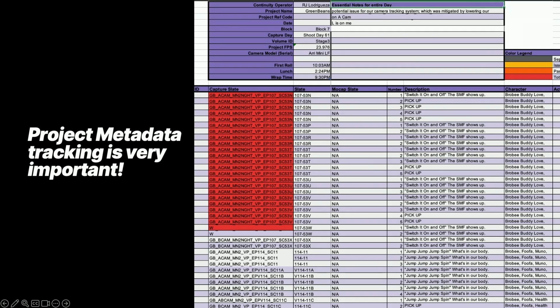Near and dear to my heart, project metadata. This was something I'd set up on a previous film and that we had working internally at Dimension and DNEG, which we called content management and digital continuity. For every day of prep and every day of shoot, we had all of the metadata captured on set. That is camera and lens info, sensor info, take recorder info, all of it dumped out into these. And at each end of day report that I would do, this would get sent over as virtual